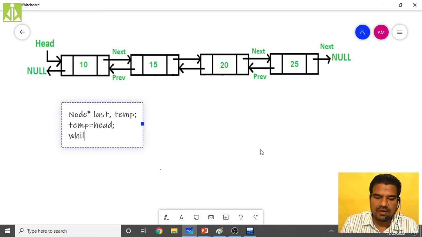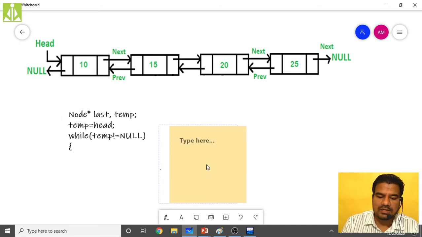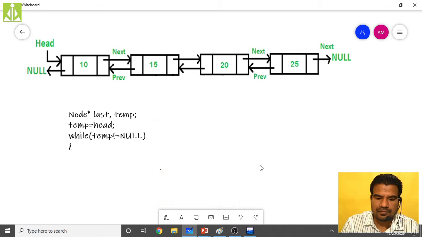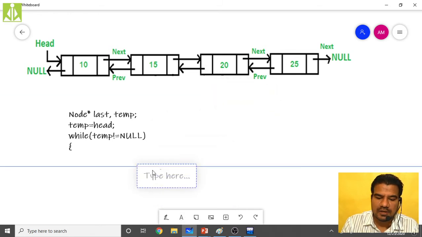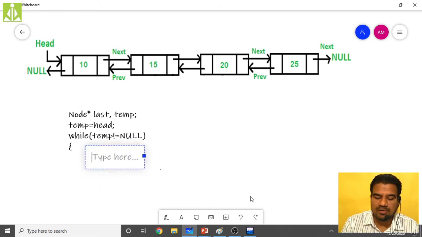After this, to traverse in the forward direction, while temp not equals to null, what we have to do is cout, print temp of data.